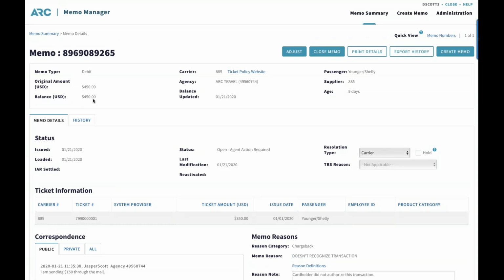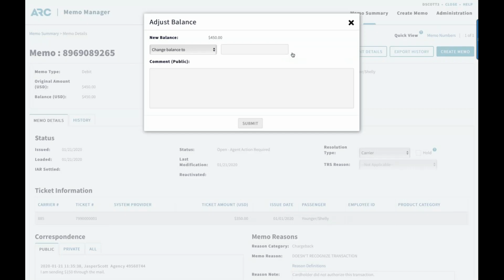As an airline, you are able to make adjustments to this amount. You're able to increase the amount, and you're able to decrease the amount as you see fit if needed. To make an adjustment, just click the Adjust button. An Adjust Balance window will appear. You'll see the new balance. It says $450, so I could change it to $300,